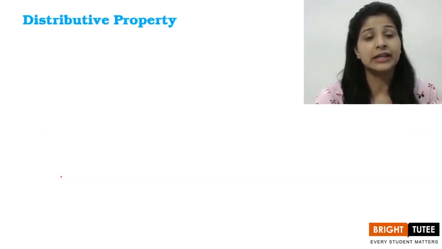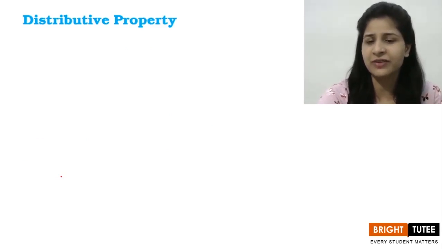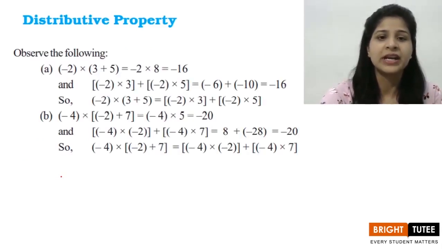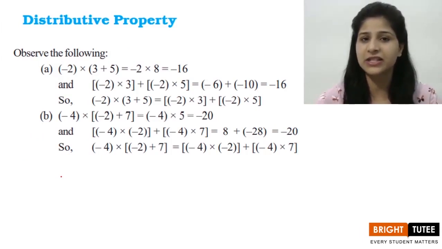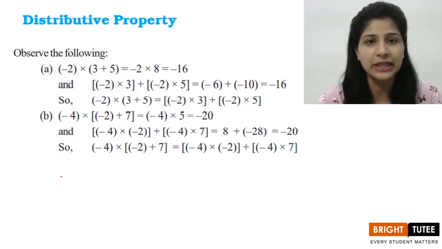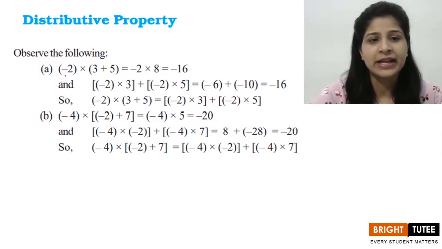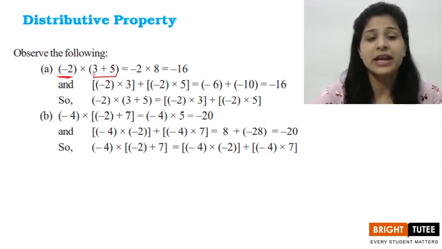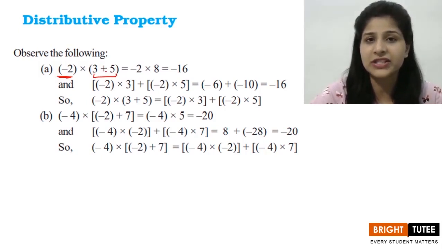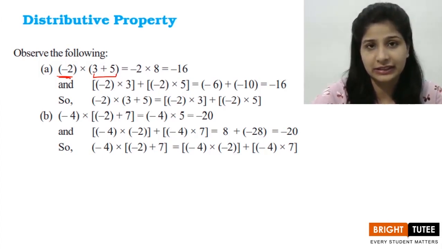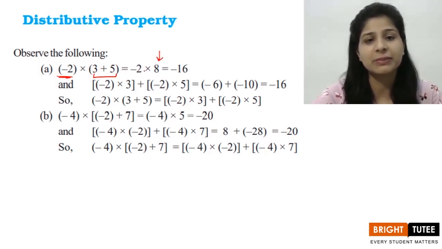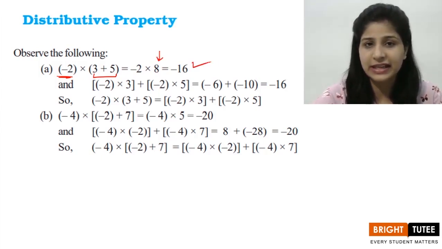Okay. Now we have the distributive property, a very interesting property. Just see, we have some statements, we'll look at them, figure out what does it mean. So observe it carefully. Now minus 2 multiplied with 3 plus 5, okay. In the associativity we have multiplication sign in place of this plus. But now we are adding two integers and multiplying it with another integer. So what will happen? 3 and 5 we know is 8. And if you multiply minus 2 with 8, you are going to get the answer as minus 16.